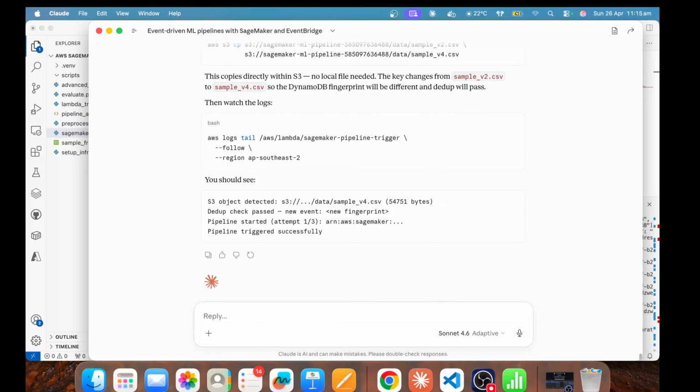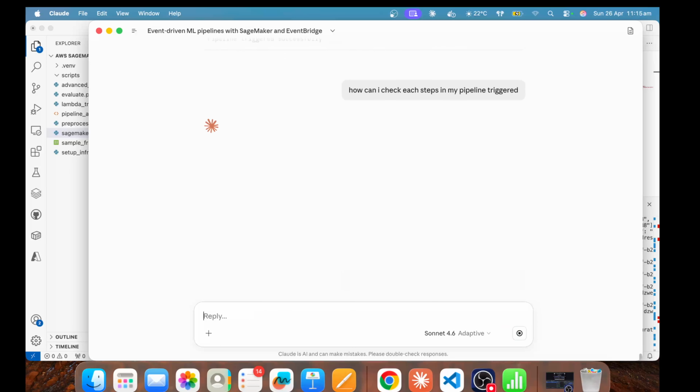How can I check each step in my pipeline? Pipeline triggered. So if you are able to do these things, I think it should be good enough, even in